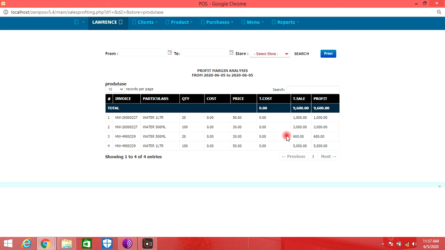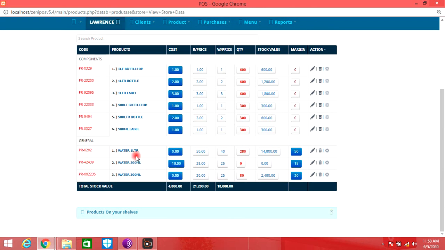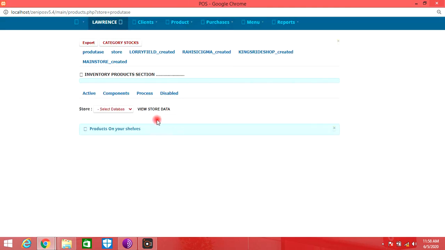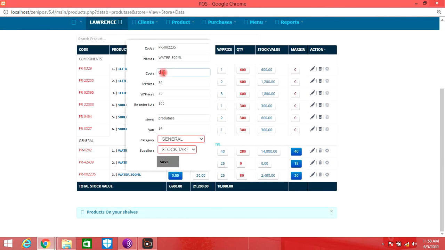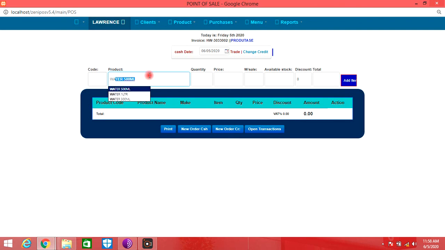In this case, our cost has been 0 all through, which is not recommended. Supposed to be having some figures. Like you see, it is 0. So it is very recommended that you put some stock valuation of the cost. Like 10 shillings. So once we make another sale here, let's say water,